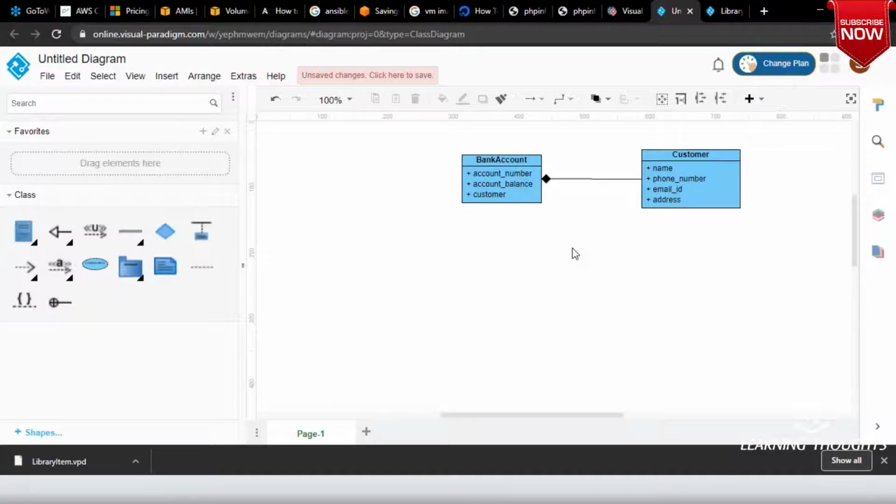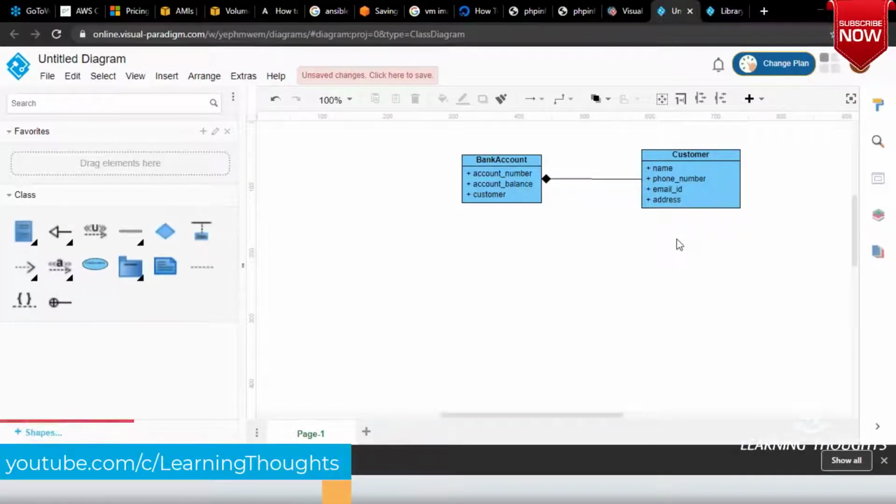Customer. Every bank account has a customer. Yes or no? Yes. Right. So I'm not getting into photos and all of that stuff. I'm just drawing some basic stuff. Right.